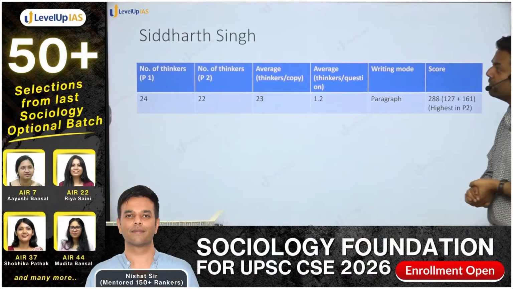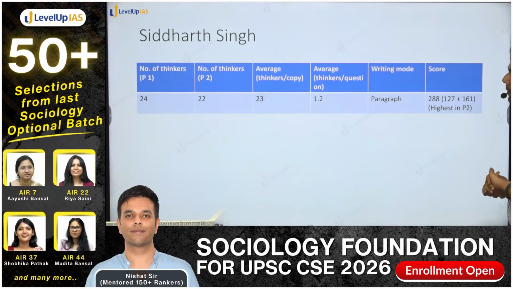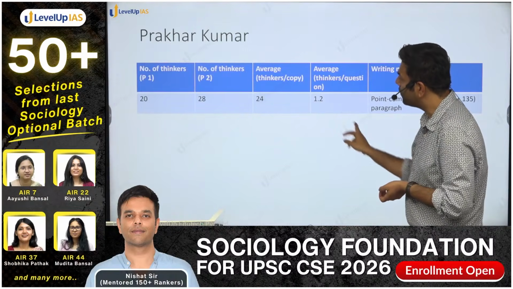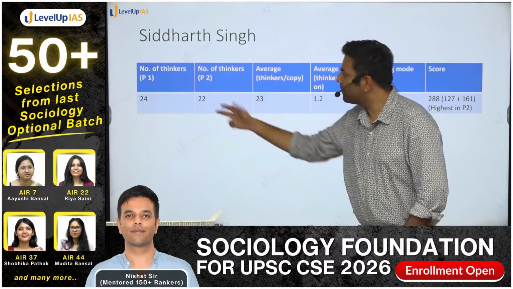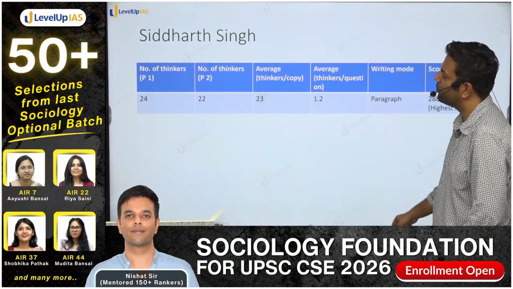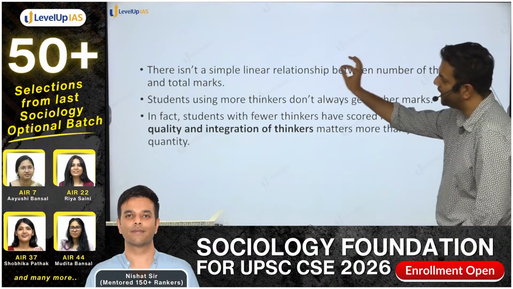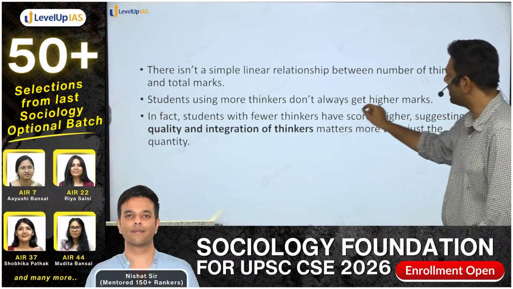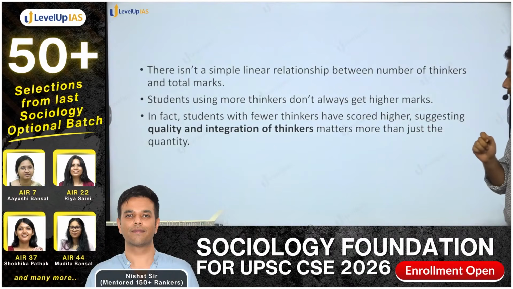Siddharth Singh, he is one of this year's highest scorers. He got 161 in paper 2 this year, which is the highest this year. Again, his average is equivalent to that of Prakhar Kumar, only 1.2 thinkers per copy. 22 barely in paper 2. With 22 thinkers, he is getting 161. And this clearly shows there is no simple linear relationship between number of thinkers and total marks. Students using more thinkers don't always get higher marks. In fact, students with fewer thinkers have scored higher, suggesting quality and integration of thinkers matter more than just the